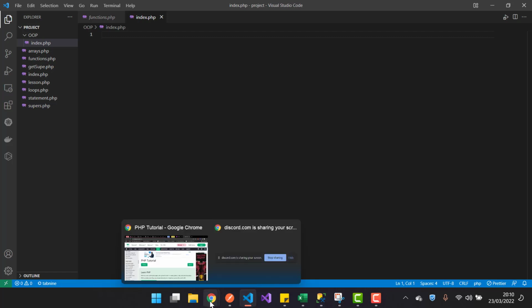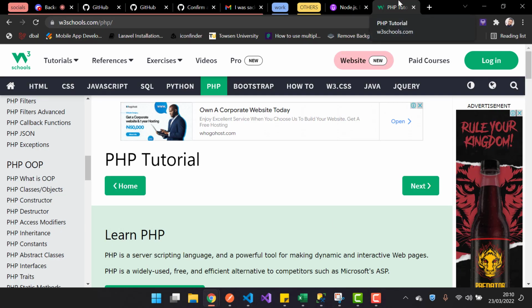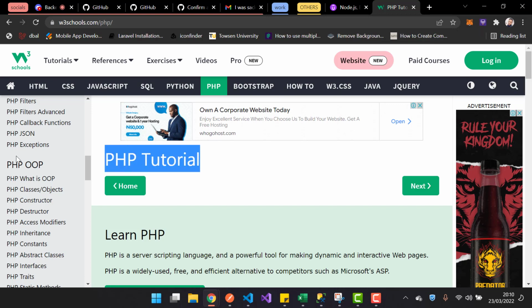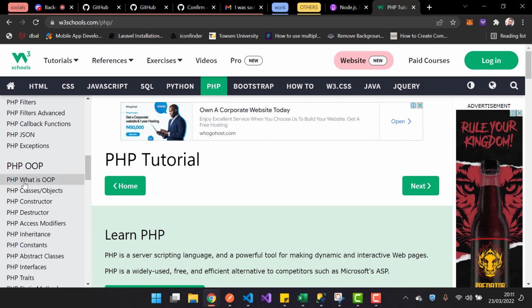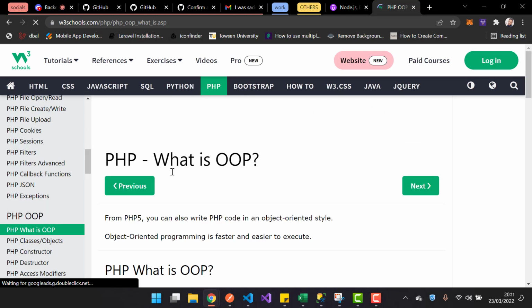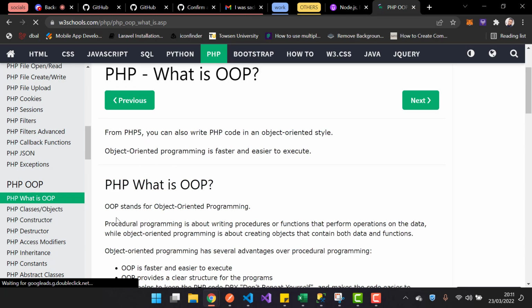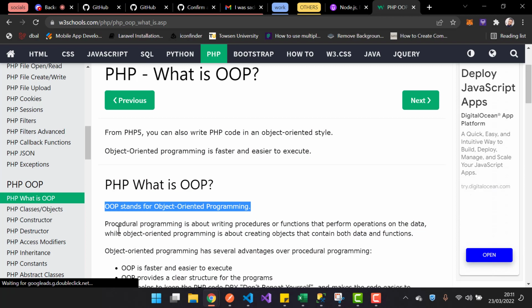Well, object-oriented programming is nothing special. It's just a much more organized form of writing code, and it makes code reusable. People can understand your code better when it's structured in an object-oriented pattern. So the first thing here is classes and objects. So let's go over what OOP is. And as you know, it stands for object-oriented programming,